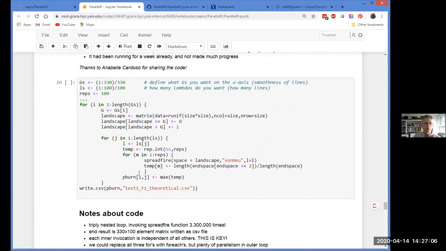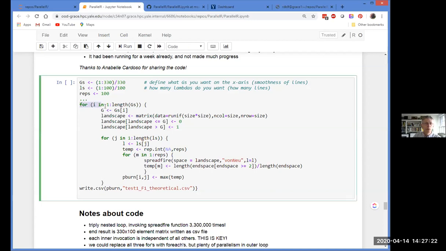So what's going on here in this code? I'll try to do this as clearly as possible. There's more code here than I would like for you to have to read. But essentially what we've got here is three nested for loops. There's an outer for loop over a set of G's, a middle for loop over a set of L's, and an inner for loop over some repetitions.